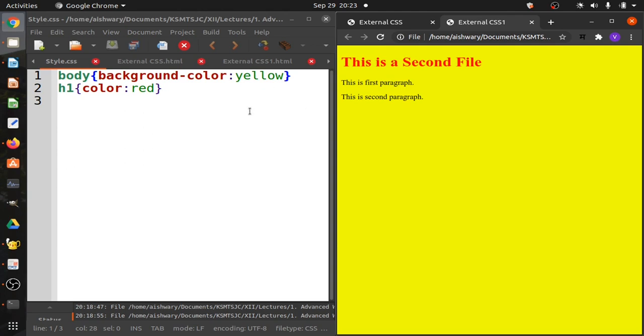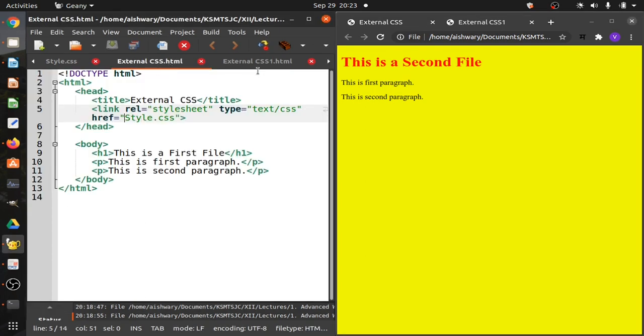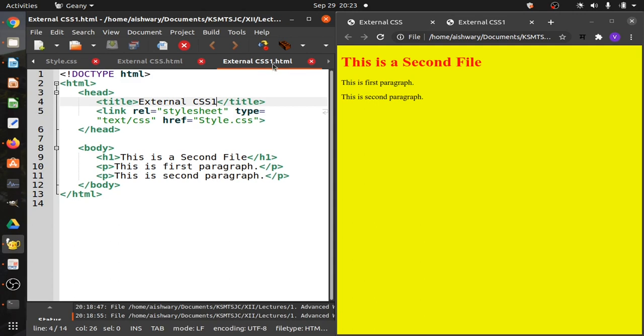So what I have demonstrated here is that if you simply change the styles defined in one single external style.css file, that is going to affect all the web pages, like external css.html and external css1.html.